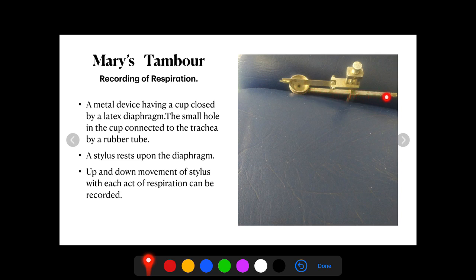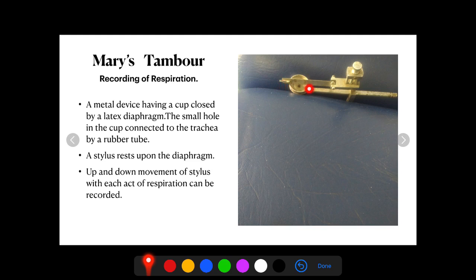This hole is connected to the channel within this metal tube, and this end of the metal tube is connected through a rubber tube to the tracheal cannula and ultimately to the trachea. Over the diaphragm, this portion, which is known as the stylus, is resting. In each act of inspiration and expiration, there will be inflation and deflation of the diaphragm, and there will be upward and downward movement of the